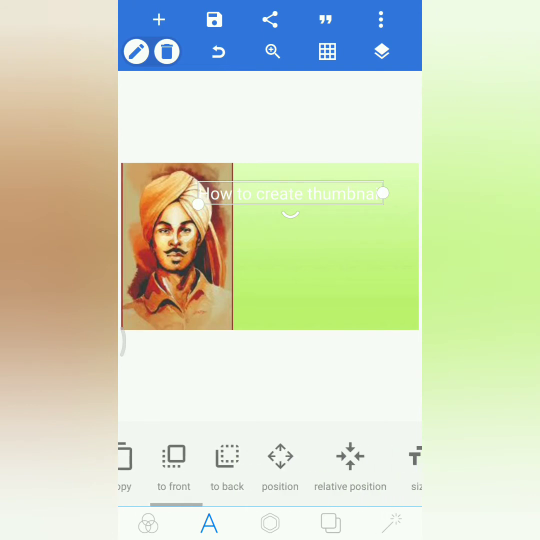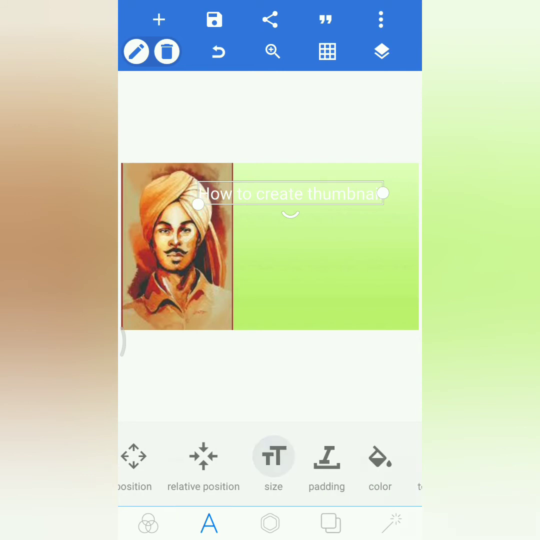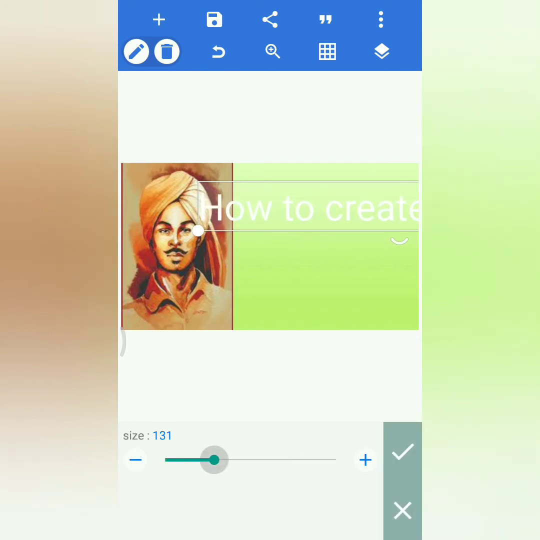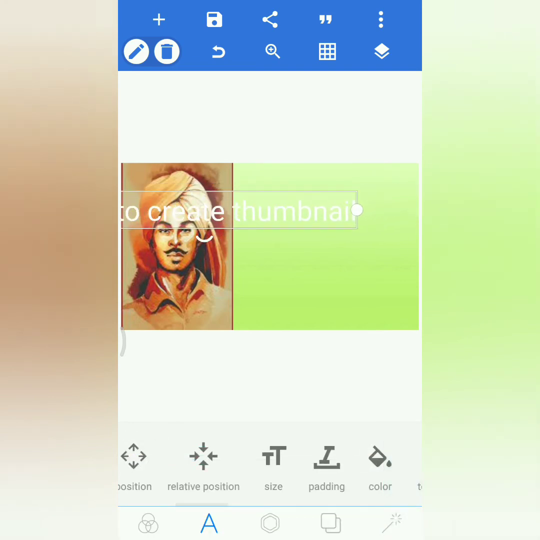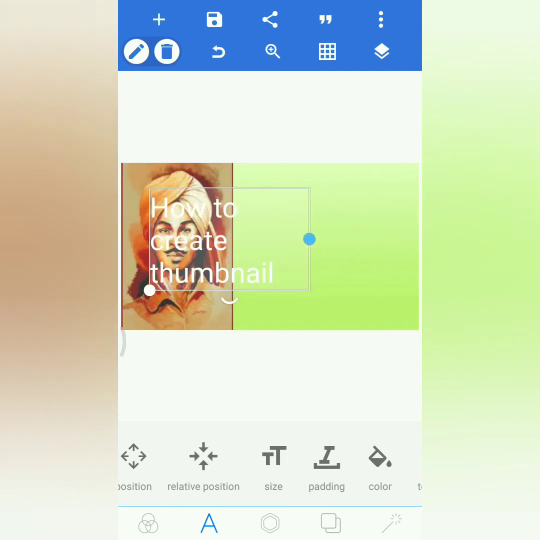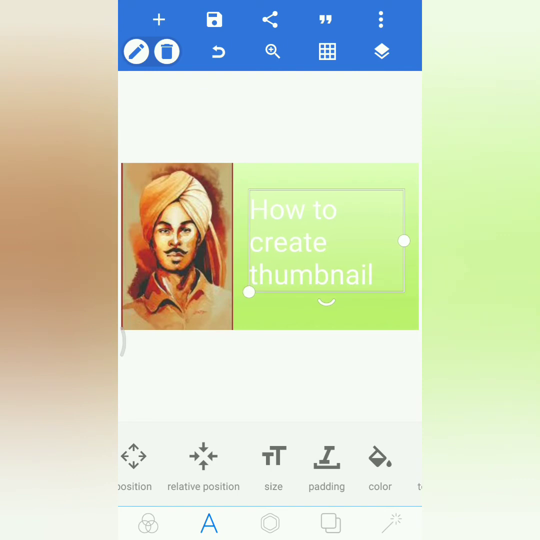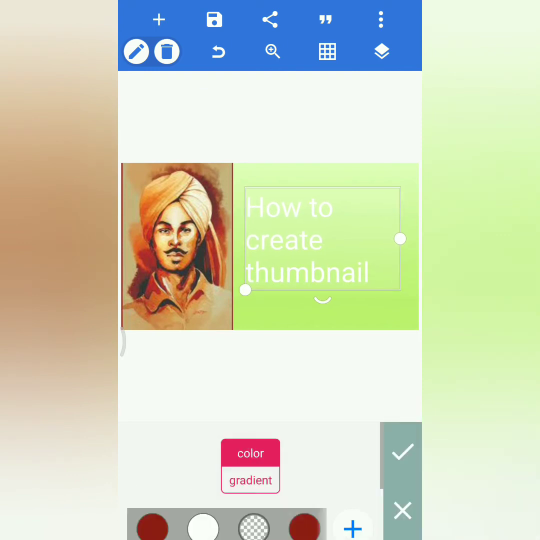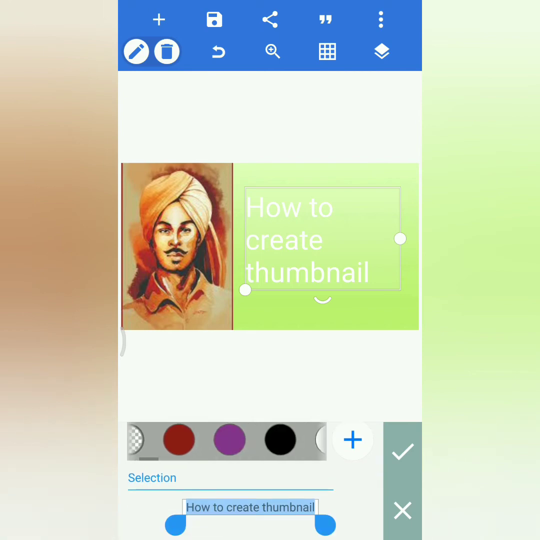Now I want to increase the size. If you click on a symbol, we'll get all these options, and I want to adjust the size. Okay, done. And we can edit also. I want the text to look like this. Now I can give color. I want to give purple.